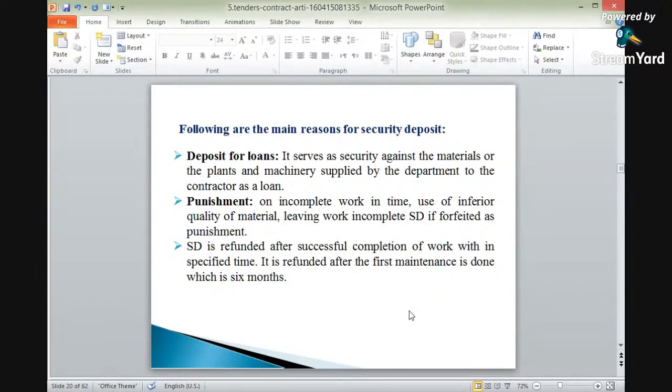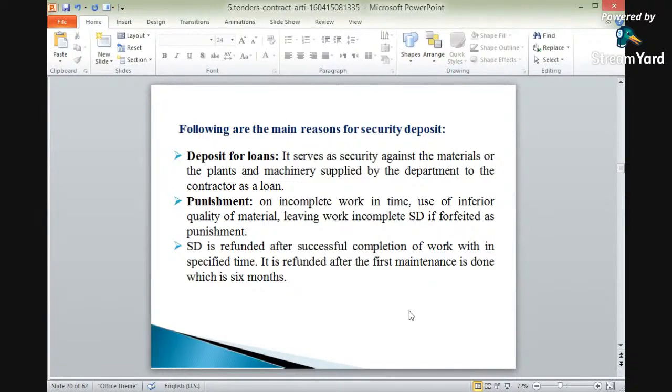Okay? So SD is refundable after successful completion of work within the specified time. It is refunded after the first maintenance is done, which is 6 months. After first maintenance, we can refund the security deposit. Okay? So after 6 months, because after 6 months we can actually examine